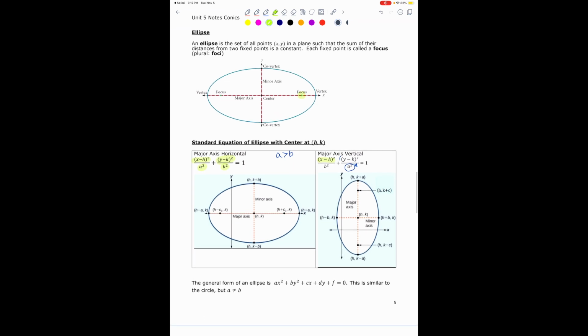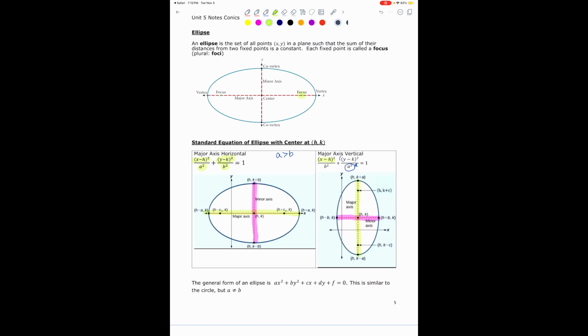And notice here that this is the major axis in our case, which is the horizontal axis. And here is the minor axis. In that special case, the minor axis is vertical in the first case and horizontal in the second, where the major axis is vertical. So if the major axis is horizontal, we put the bigger number under the x variable. If the major axis is vertical, we put the bigger number, which is the a, under the y